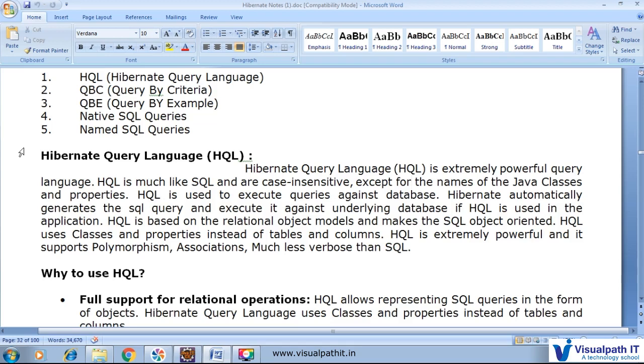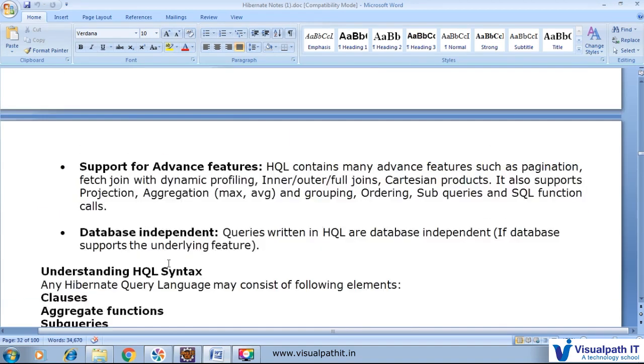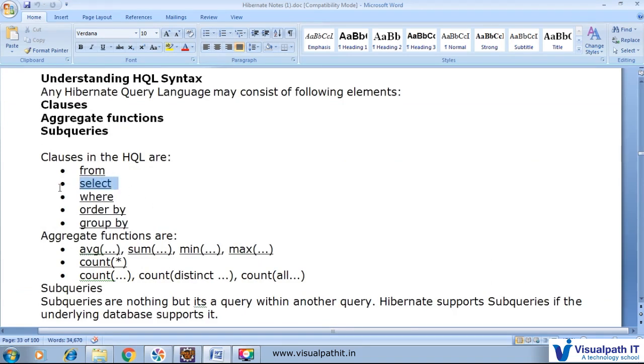This thing we will see in our project. Like select, I already explained about select. An SQL select is used to query the database for the classes and their properties.